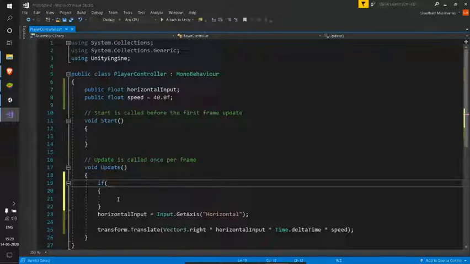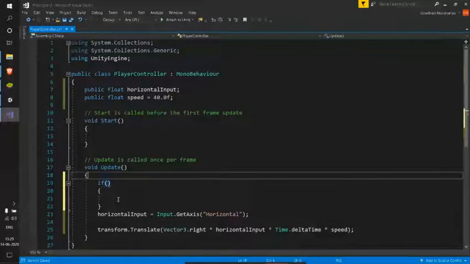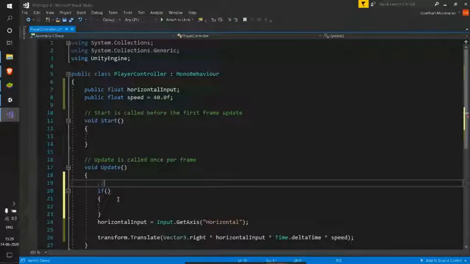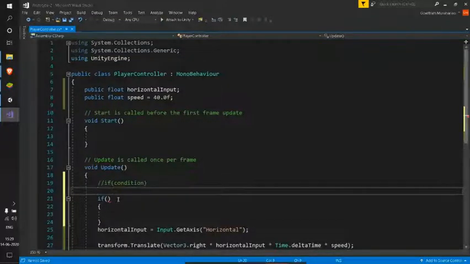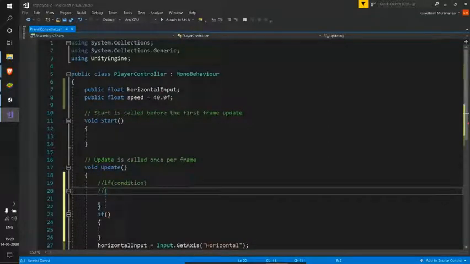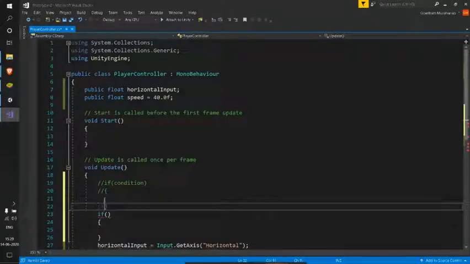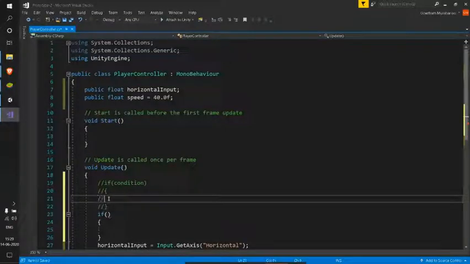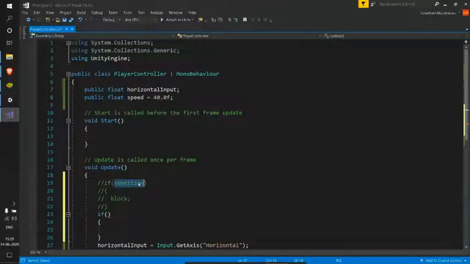It will be of this form, like if of condition, and let me comment out everything. And here this will be a block, like whatever code we write in this, if only this condition is satisfied, this executes.